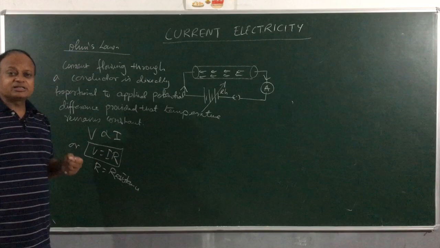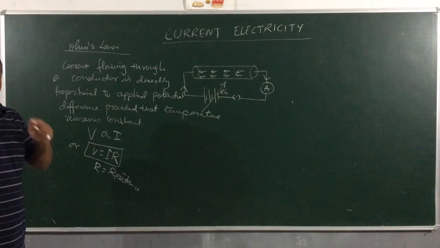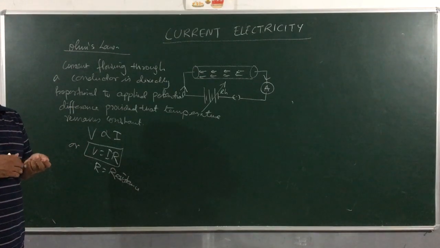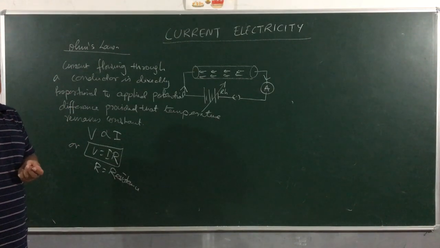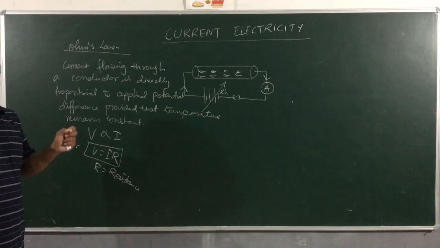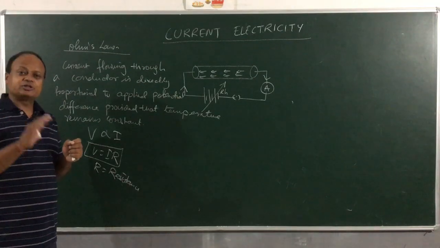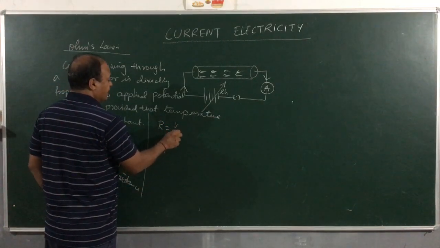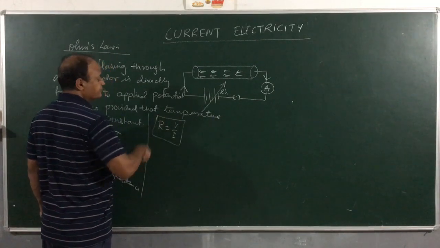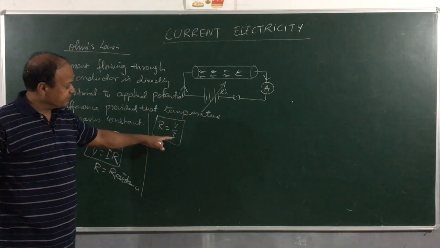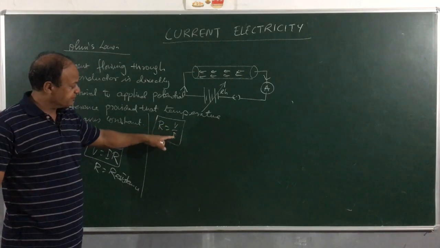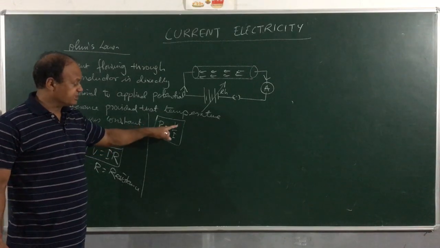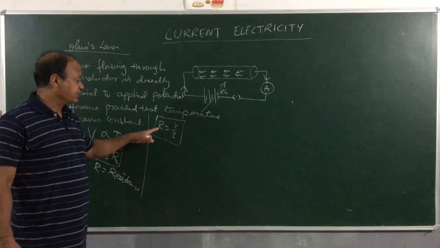Okay. Now metals have low resistance, alloys have more resistance than the metals, and non-metals have much higher resistance. So resistance is a specific property of a conductor by virtue of which it opposes the flow of charges through it, and R is equal to how much? V by I. So you can see for the same potential difference, if current is less, that means resistance is high, and for the same potential difference, if current is high, then the resistance is low.